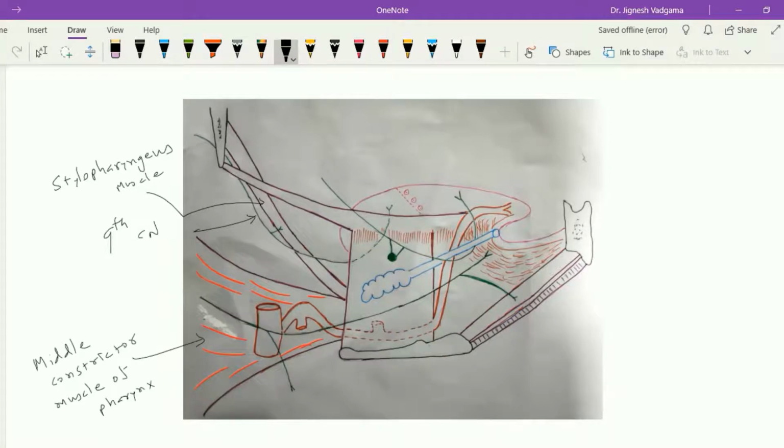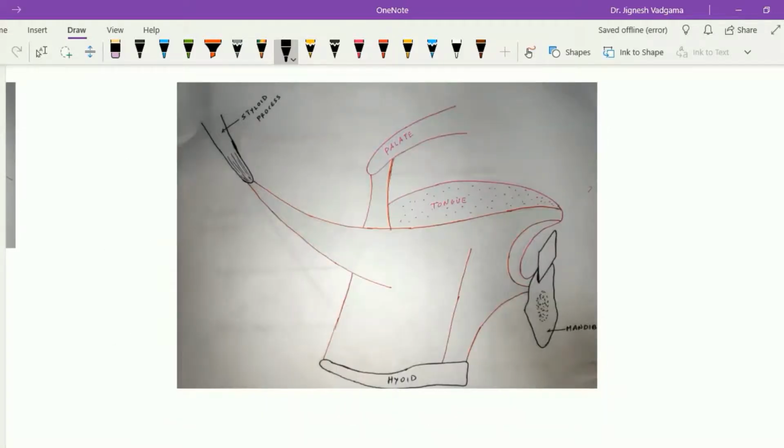Look at this artery. This is the lingual artery. This lingual artery is divided into three parts by this hyoglossus muscle: the part before it passes medial to the muscle is the first part. The part of the lingual artery that passes medial to the hyoglossus muscle is the second part, and the part of the artery which passes from the anterior border of the hyoglossus muscle is the third part. So the second part of the lingual artery lies in the medial relation of the hyoglossus muscle.